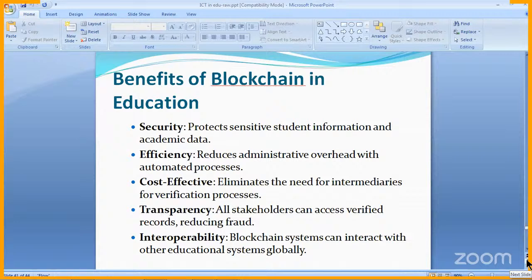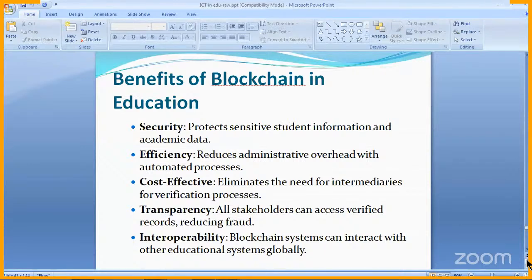Next is the benefit of blockchain in education. The first benefit of blockchain technology in the education system is security. In the sense that we have seen so many scams happening in our country as far as fake degrees and fake mark lists are concerned, at all levels. This is from the 10th, 12th, graduation, fake certificates to fake PhDs.